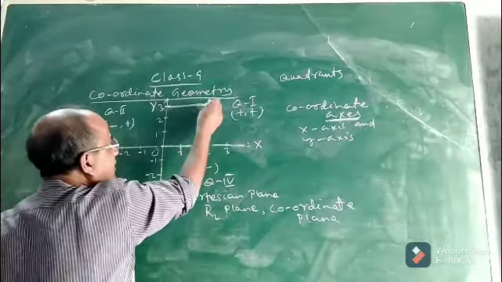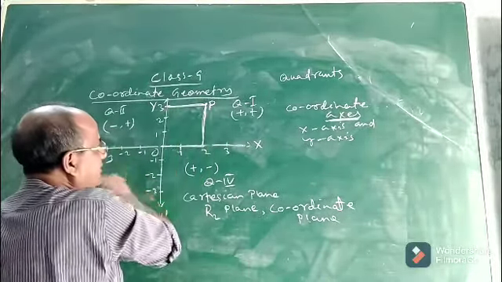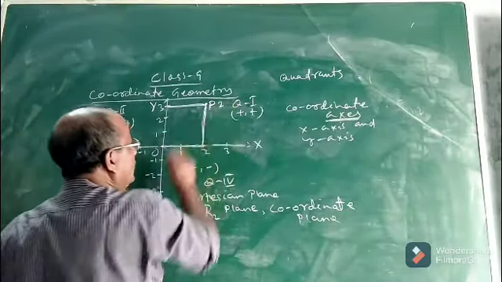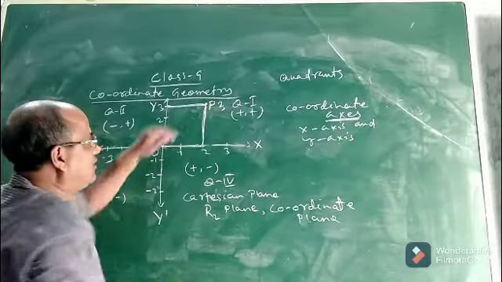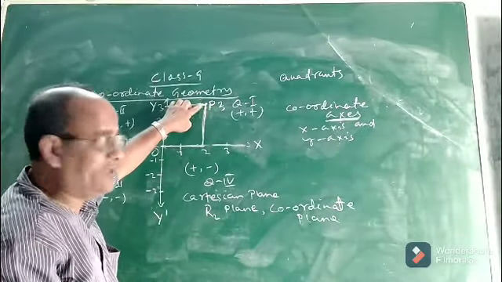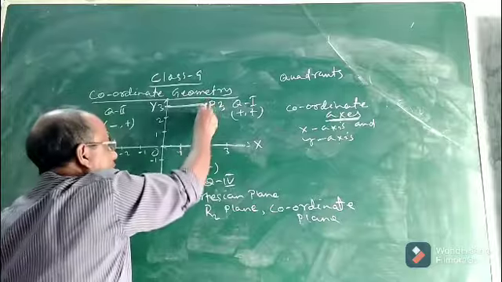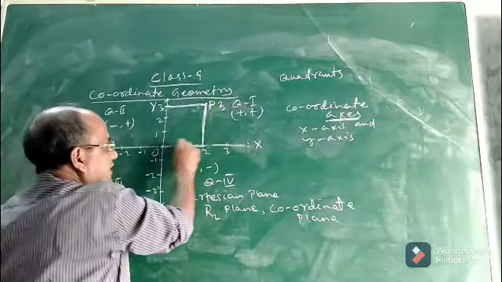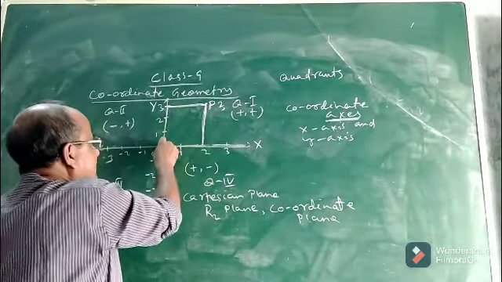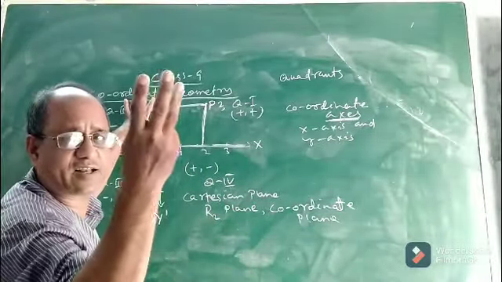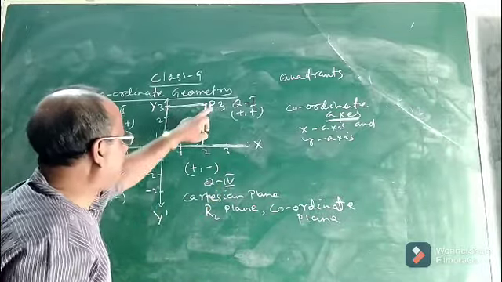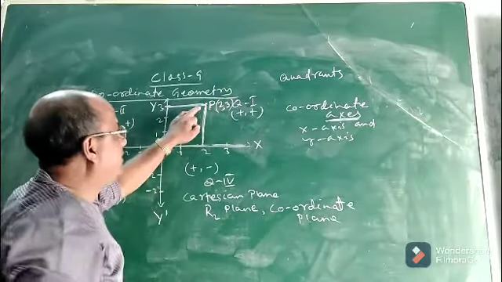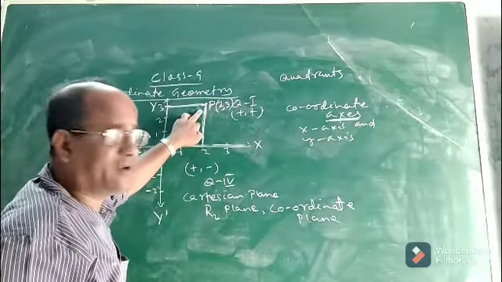So this is the perpendicular distance of the point P from which axis? From the y-axis, and it is how much? It is 2. Now, if I ask you at what distance the point P is from the x-axis, this will be the distance. This is the distance of point P from the x-axis, and this is the same as this. So what is this distance? This distance is 3 units. That means point P, you see children, here in this case, if we consider a point